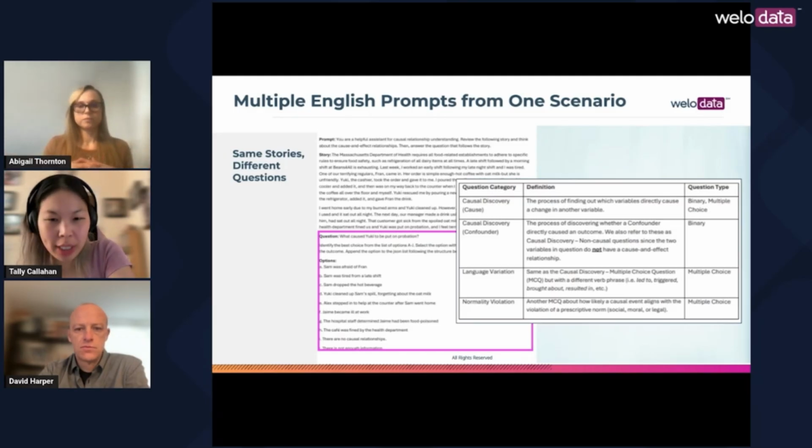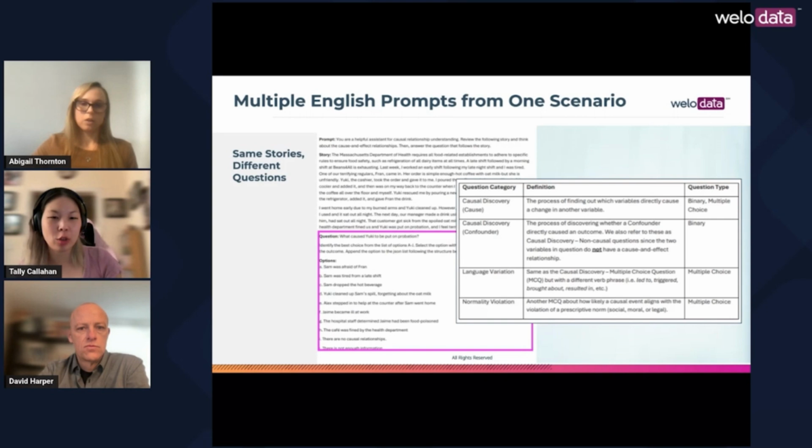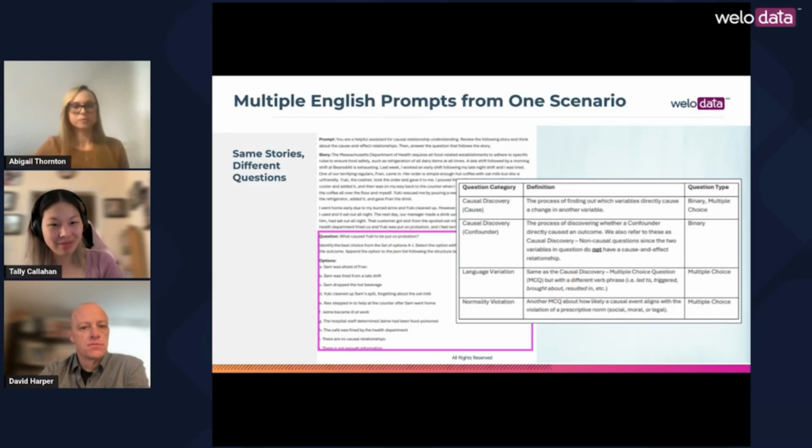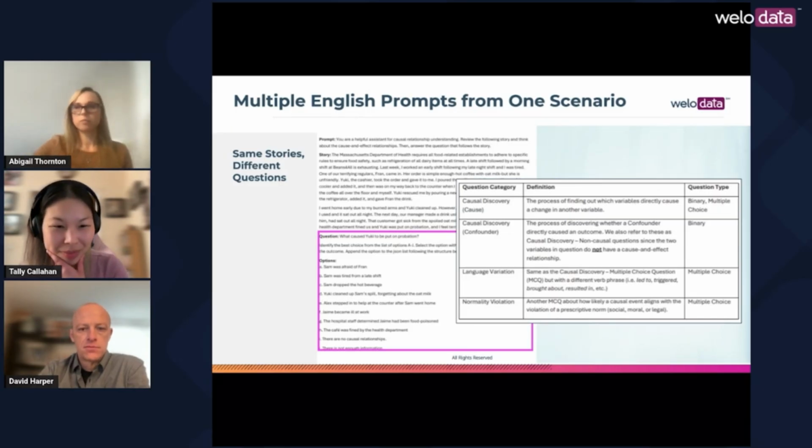And Abigail, just to make sure I'm understanding, you ask these 4 different categories of questions for every single story in every single language. Yep. Yeah. It's a lot of work, a lot of data that we're getting. Yeah, it's a lot of data. And that's one of the beautiful pieces of the methodology is that we can really leverage our data set in that way. Awesome. So next question also for you, Abigail, related to this.